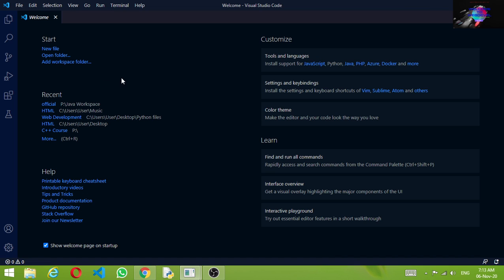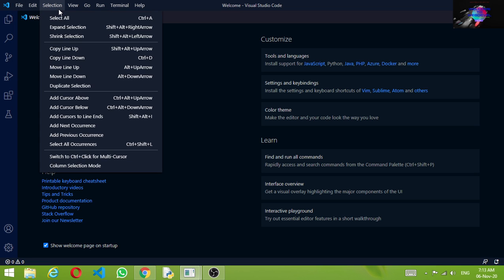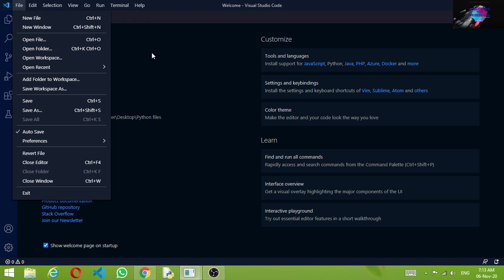So let us start. As you can see here, when you open, here come new file, open folder, add workspace folder, customize, find, learn, help, and send. These are my folders that I have opened. So first you have to create any folder named HTML or the folder name that you want. Then go to file, open folder or